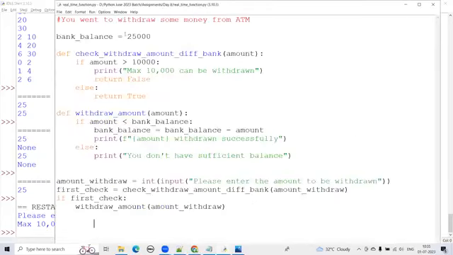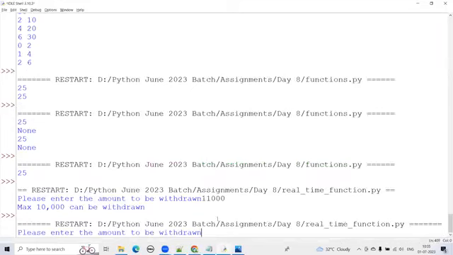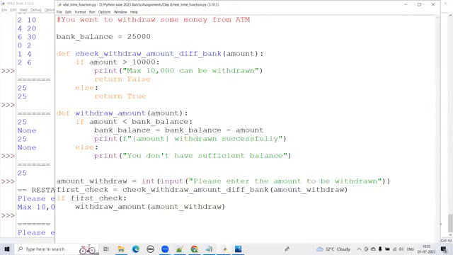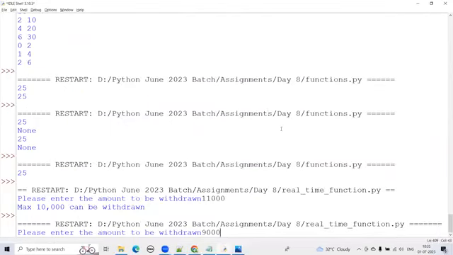Now let's say if I want to run it again, I will give some lesser amount, 9,000. So this will return a true and it will come here, then it will call this. It will call this amount withdraw, and it will give this message. It will enter here, amount is less than bank balance. So if I give 9,000,